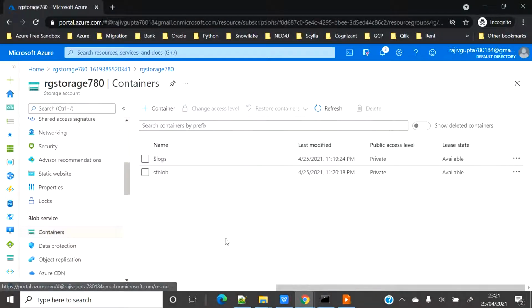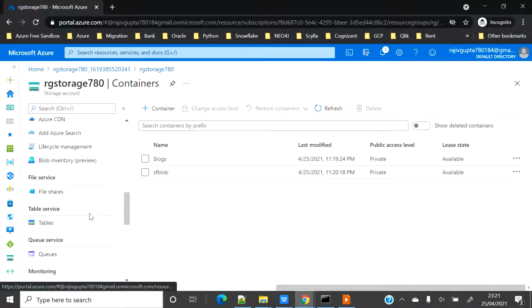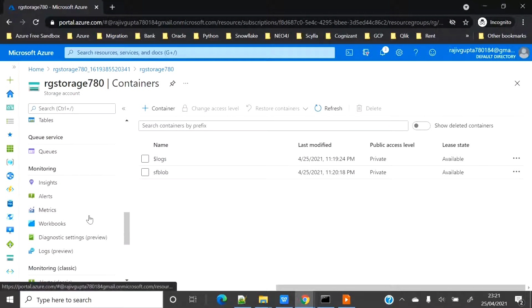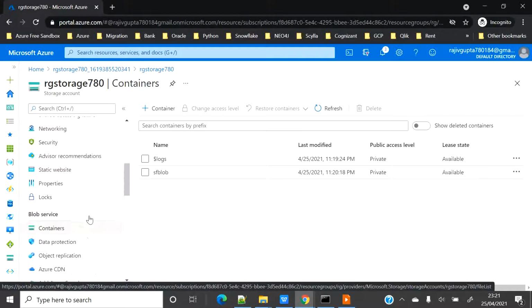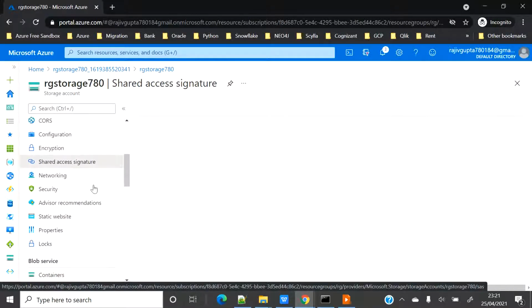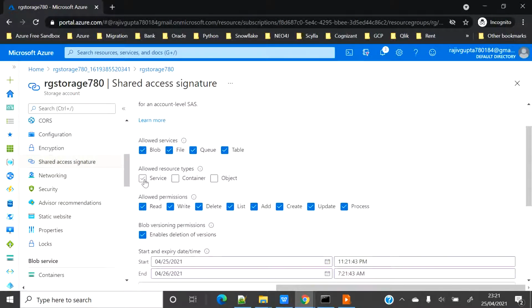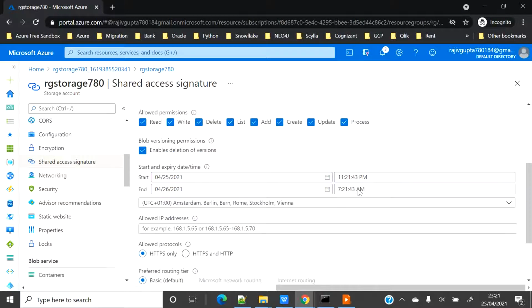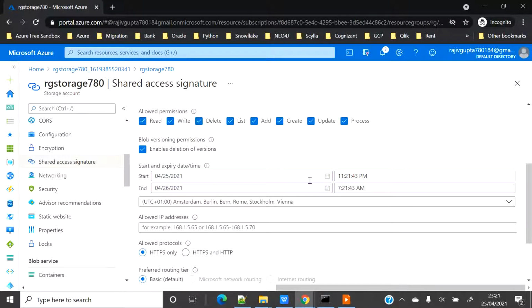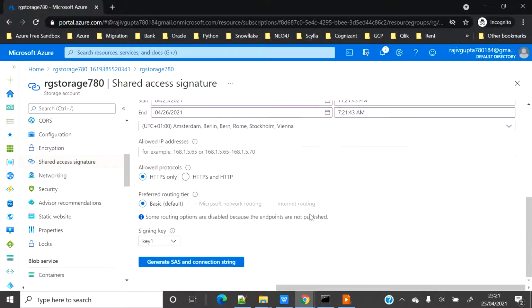So I will go on the storage account, I will go down, and there is shared access signature. So I will keep it simple. I will give everything. I'm not going to block anything, because by the time you see this demo, I have deleted everything from this account. So basically I will just give it 2026. That's okay for me, and I'm using the key one to generate the SAS token. I will just say generate SAS and connection string.